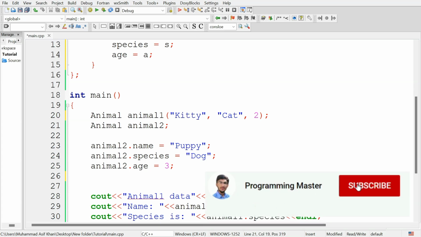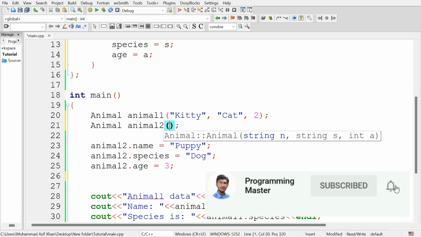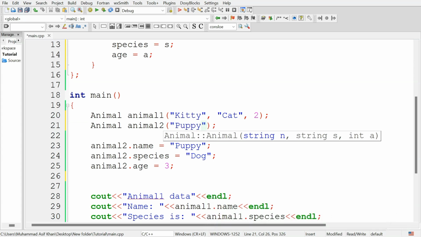Similarly, set the values for the animal 2 object using the constructor. The name of animal 2 is puppy, species is dog, and the age of animal 2 is 3.